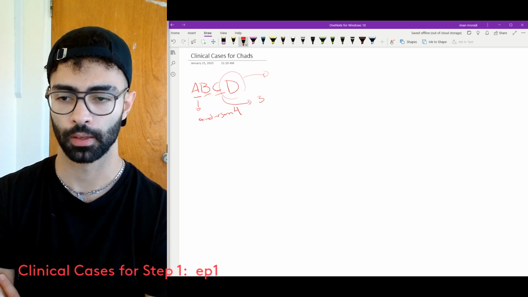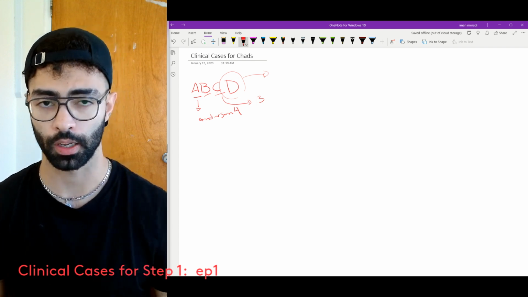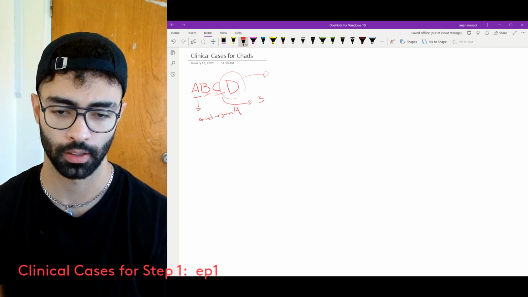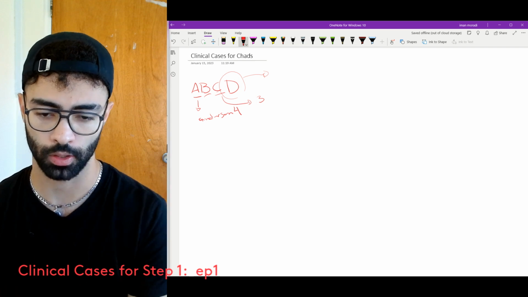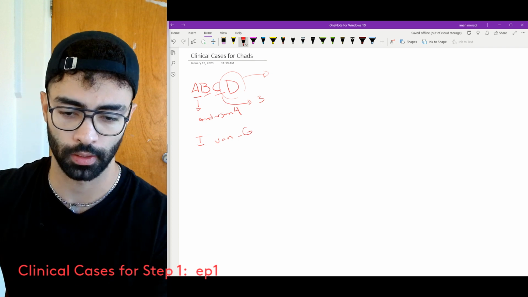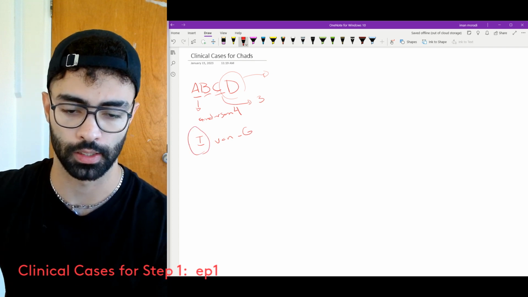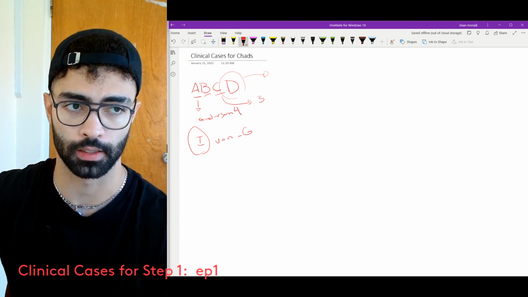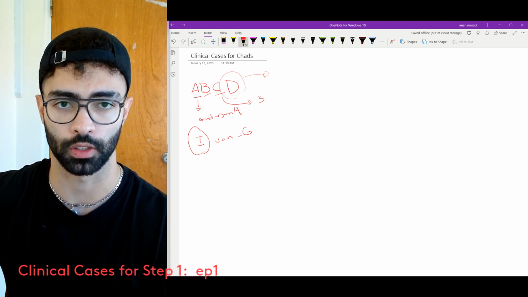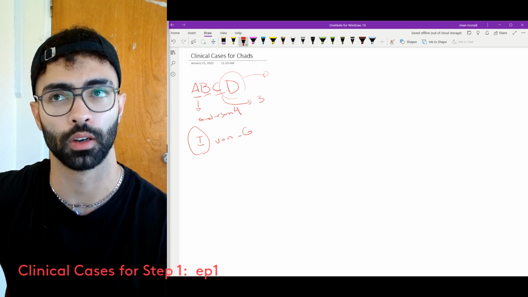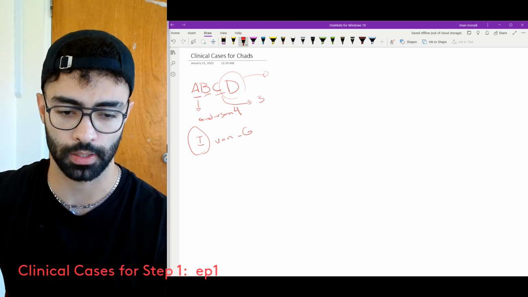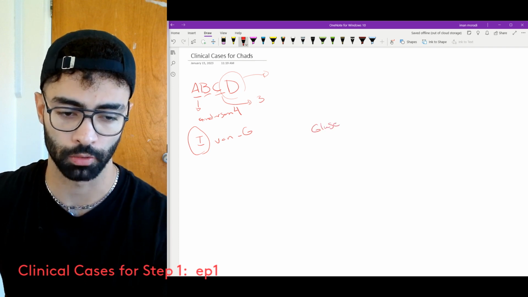That's why, and she also has normal lactic acid. So when I saw normal lactic acid, I thought of type 1, which, if you remember, is von Gierke, 1G, right? And in von Gierke, the enzyme involved is glycogen phosphorylase, right? Sorry, glucose-6-phosphatase. That's basically when you have glucose and you've gone through